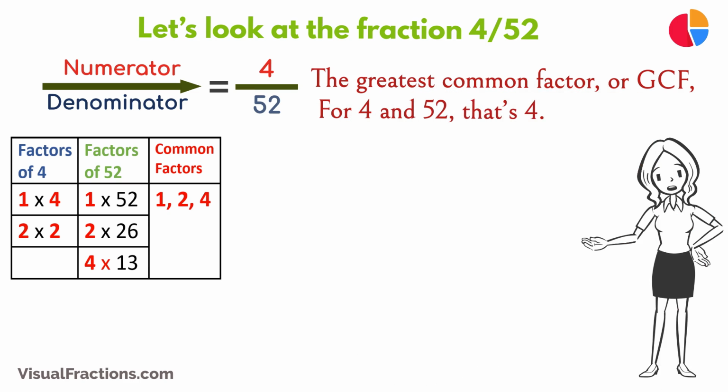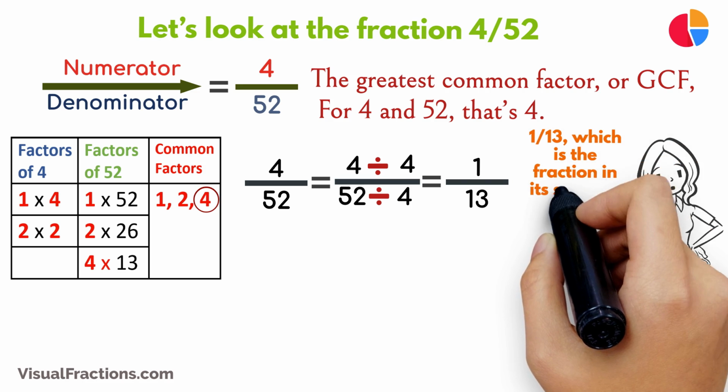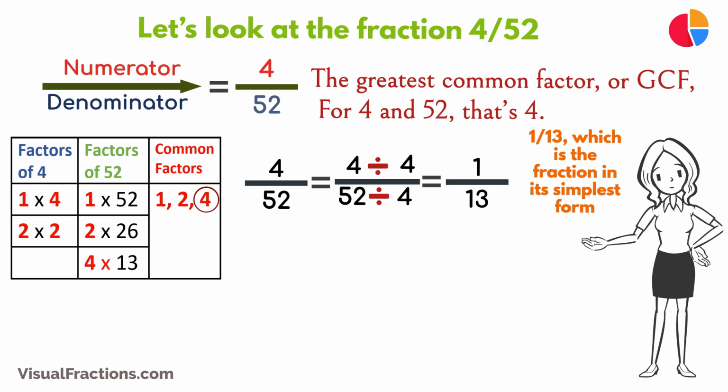For 4 and 52, that's 4. We start by dividing 4 by 4, which gives us 1. Then we divide 52 by 4, which results in 13. So, simplifying 4/52, we end up with 1/13, which is the fraction in its simplest form and cannot be reduced